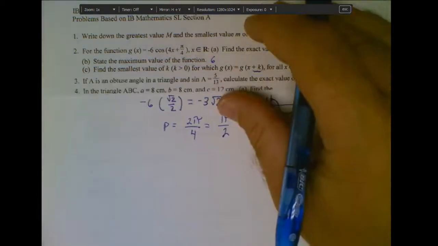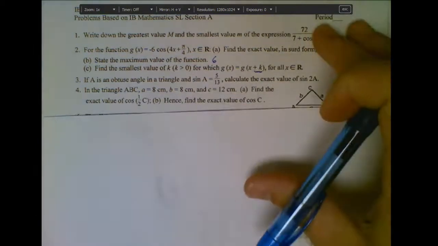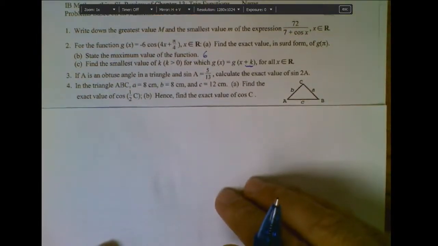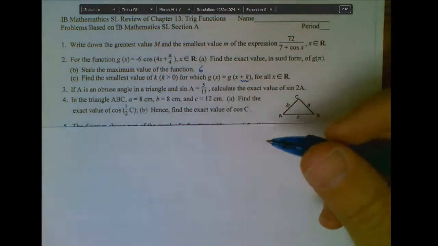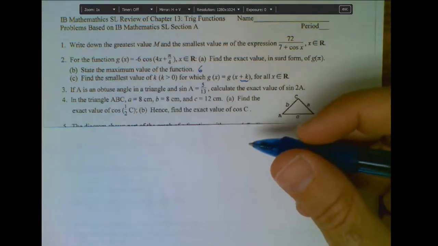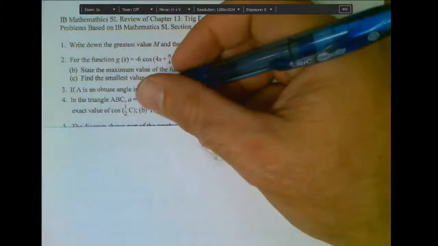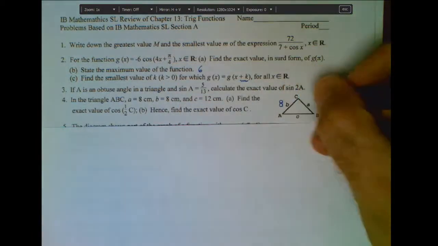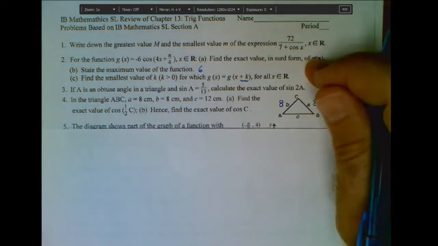Moving on. Number 4. So in the triangle ABC, given some values for a, b, and c, find the exact value of the cosine of half of c, and then hence find the exact value of cosine c. There's a couple ways you could do this. Just to keep it simple, I just stick with a Pythagorean theorem idea. So for this one, what does matter is that if a is 8 and b is 8, we are dealing with an isosceles triangle. Knowing those values, side c is 12,